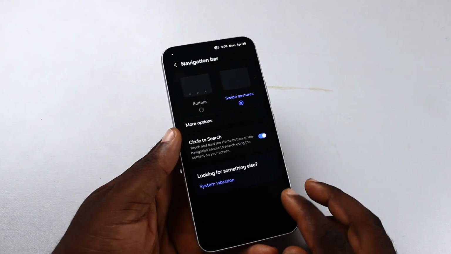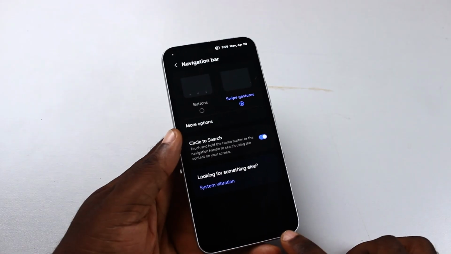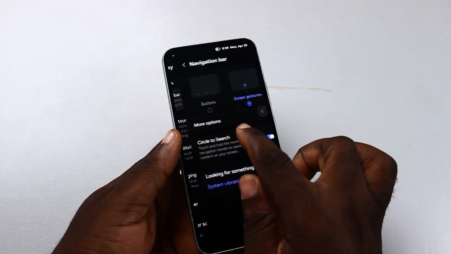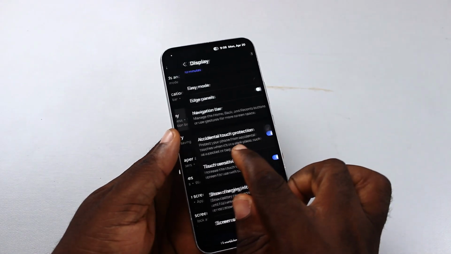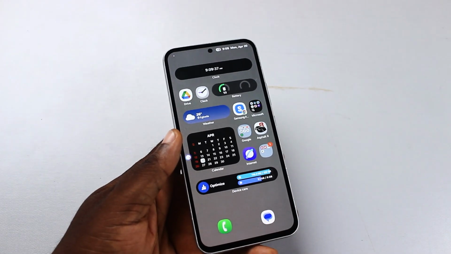And then you are good. So whenever you want to go back on your Samsung phone, you discover that the back button is no longer visible. For you to go back, just drag it like this or like this, and then you are good. So that is exactly how to remove back